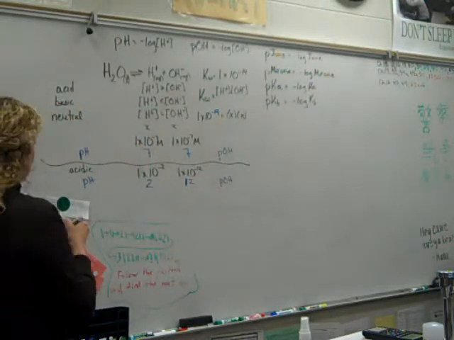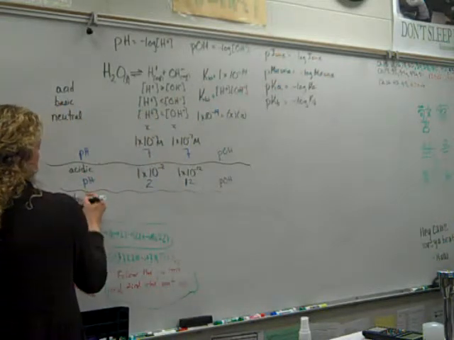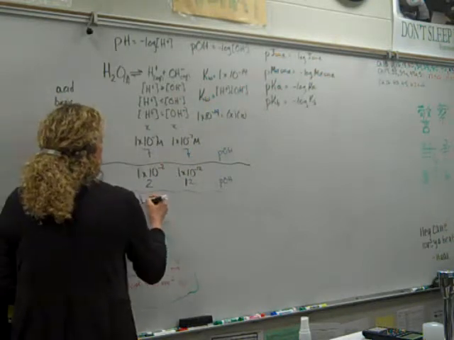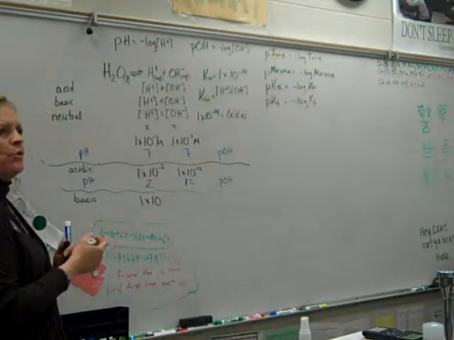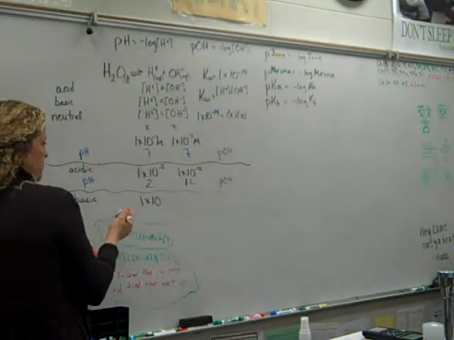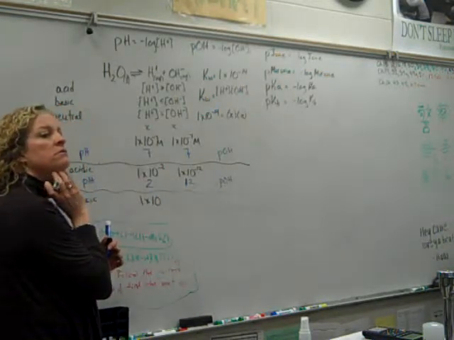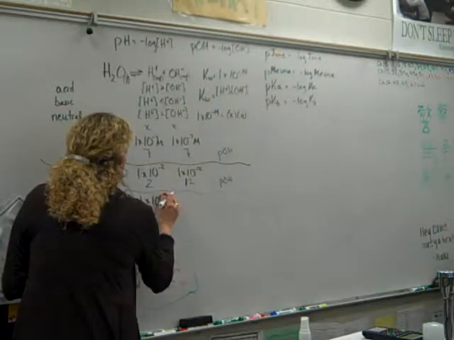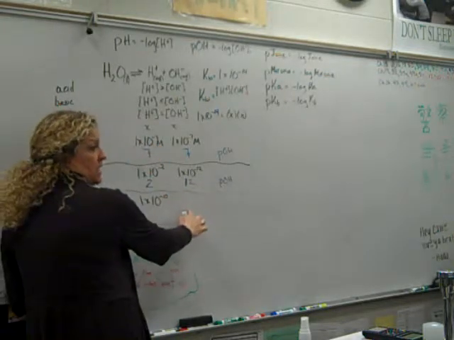Okay, let's do one more. All right. Let's make it basic. So can someone give me a 1 times 10 to the something number for H plus that would make it basic? 10 to the negative 2? No. Negative 2 wouldn't work. Negative 10. Okay, to the negative 10. Because that is lower than what it would be for neutral,